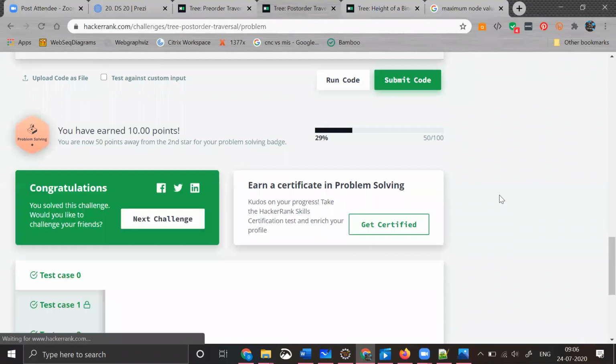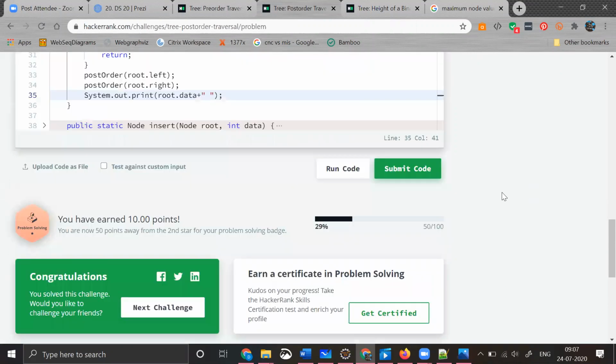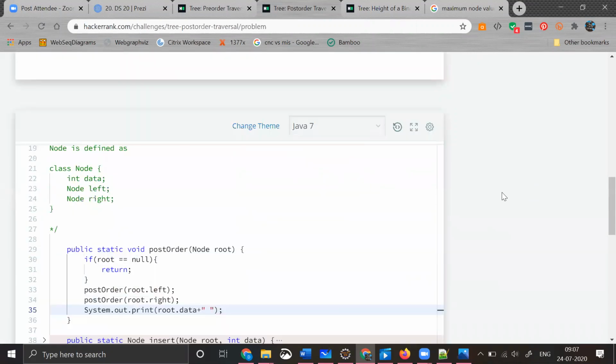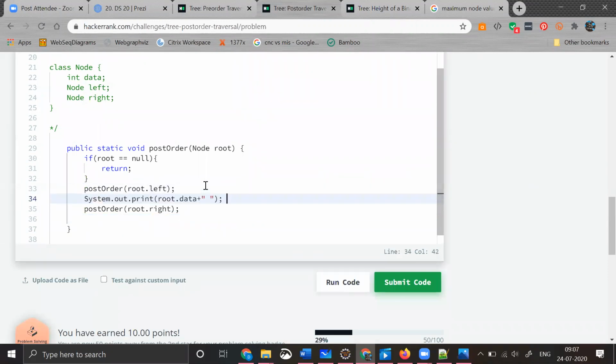I don't know why it's taking time, but yeah, fine. So we are able to pass all the test cases and finally say that our post order program is working. So similarly, you need to try even for in order, guys. The code change would only be the System.out.println, and this method you need to cut it and paste it in between these two, and that's it. This should be working for in order as well.